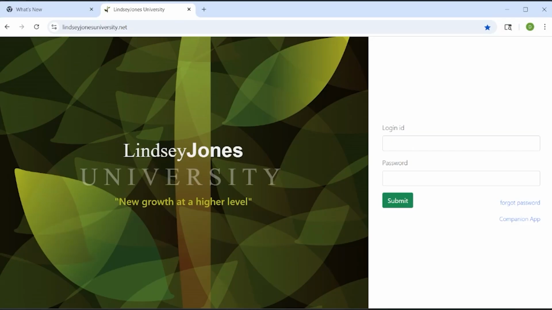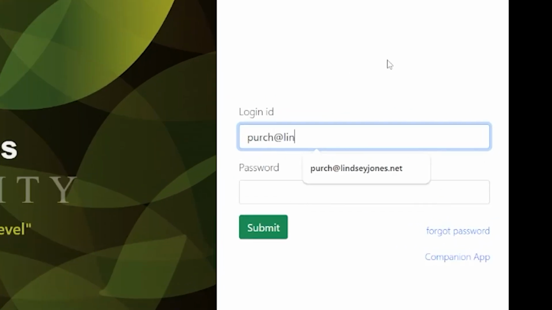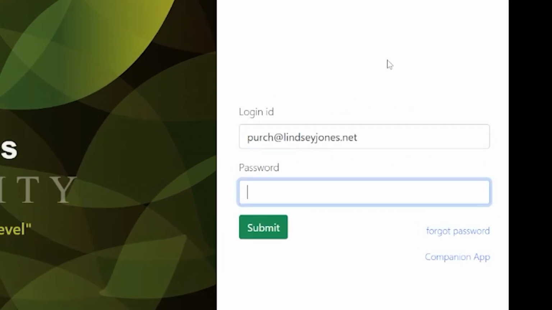I'm assuming that either you're an instructor that wants to understand what a student's going to go through as they go into LindseyJones University, or you are a student yourself or somebody who is studying for the exam. I'll call you a student, even if you're not a student in school, and you just want to see how to use LindseyJones University. So I'm going to give you a general tour of what's in here, how to use it, how to maximize it, and hopefully it won't be too long. Now, first thing I'm going to do is I'm going to log in as a student. Of course, I'm a fake student in this case,